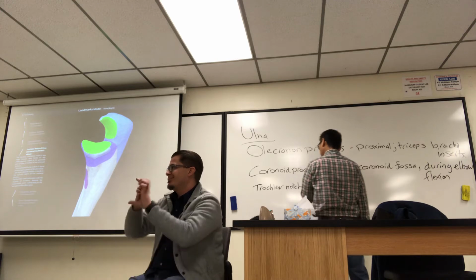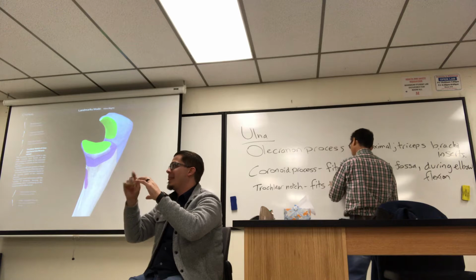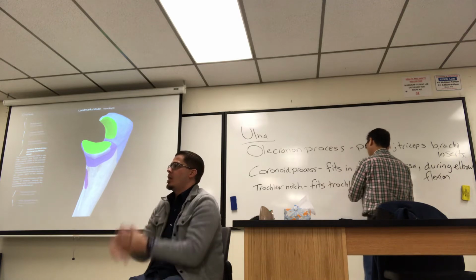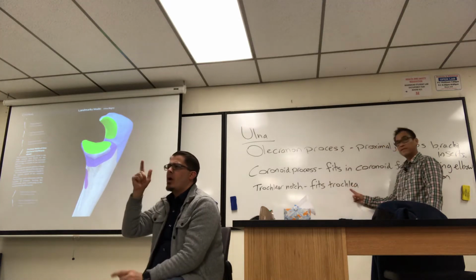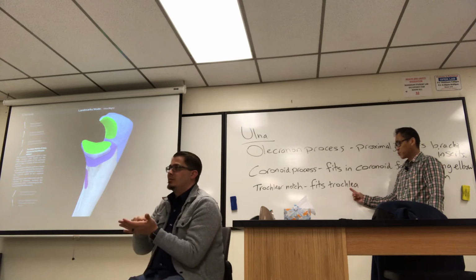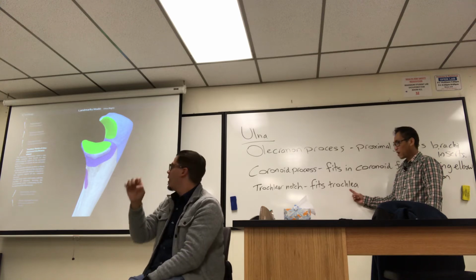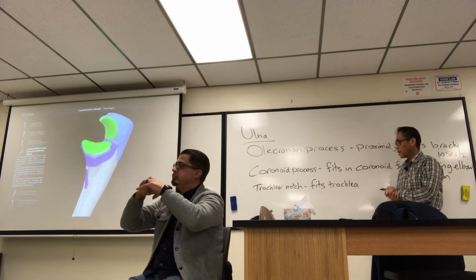And that fits the trochlea. See if you're awake this morning. What bone is the trochlea on? You just wrote down, the trochlea is a structure on the humerus. It's one of those condyles. Trochlear notch fits trochlea. Now, basically,